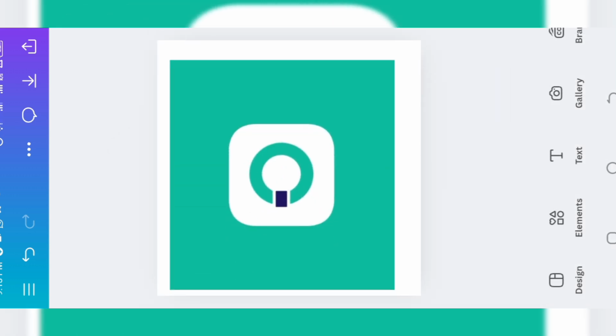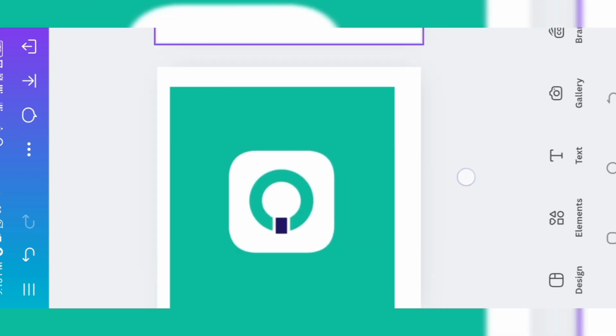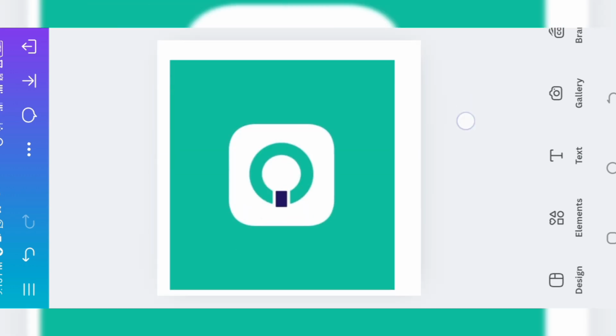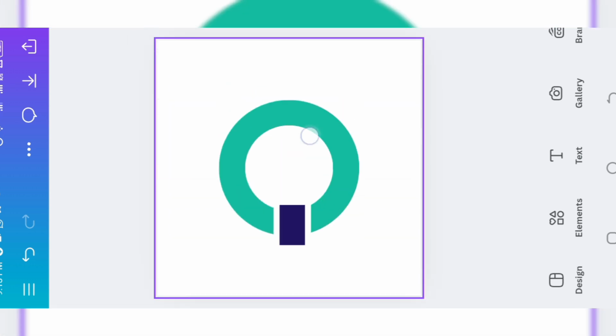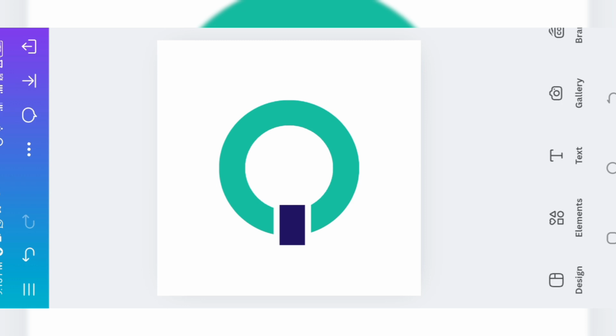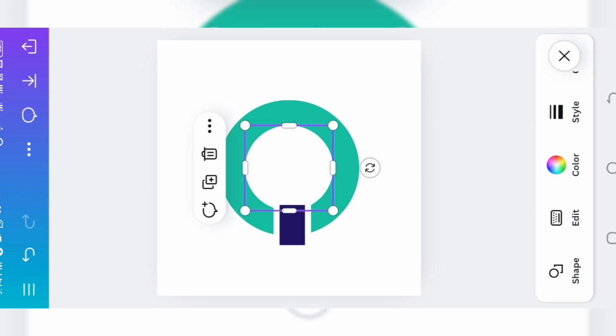And finally, this is our OPay logo. You can as well reduce the size if you want, but this is what we created, the OPay logo. And you can see, as you can see, so to match everything together,